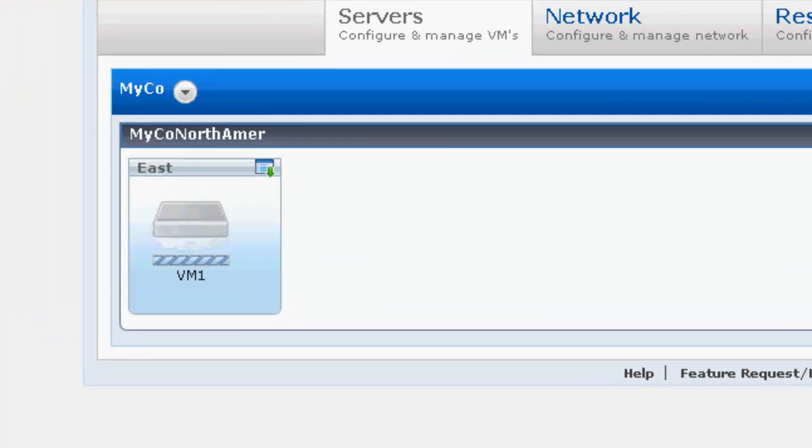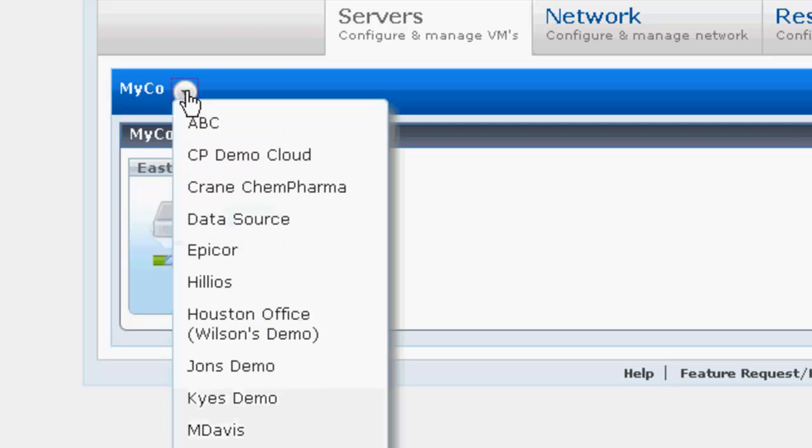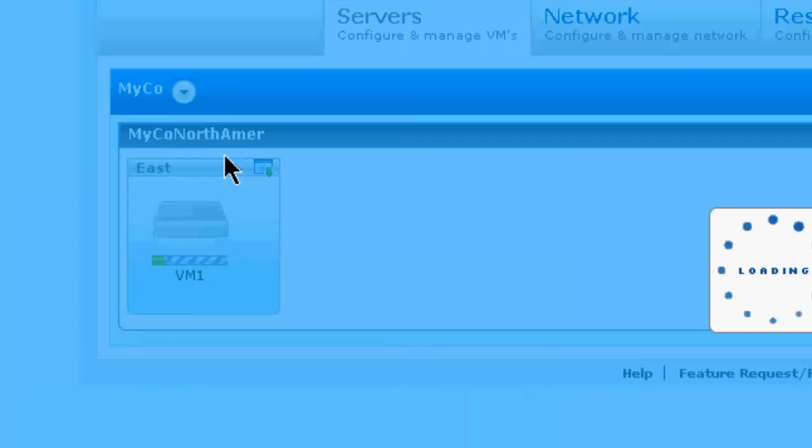and NaviCloud begins to build out the VM, indicating the progress back here on the Servers tab. So while that is building, we can demonstrate how to examine the details of the VMs that you create. We'll look at VMs already in place in another environment while that one's building. So we'll select from the available environments,